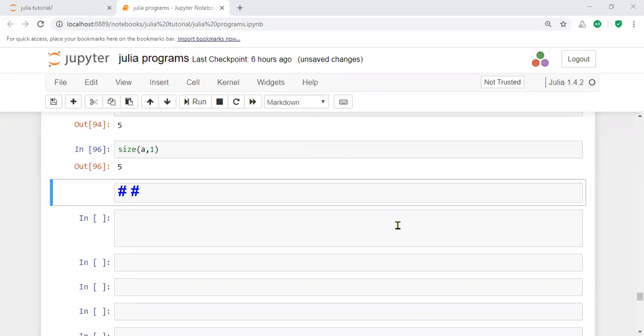The first mathematical operation here is the unary plus.